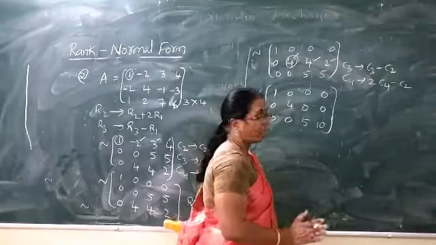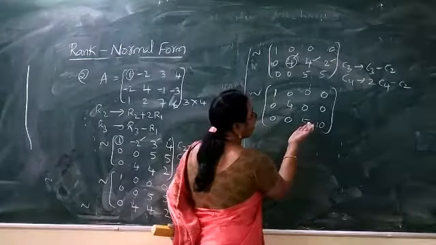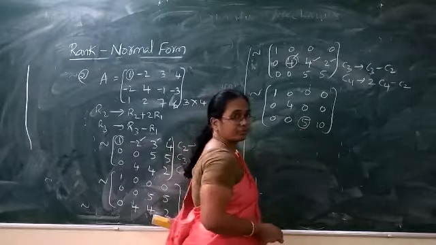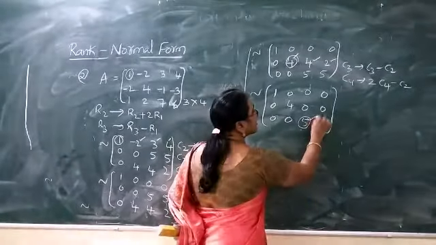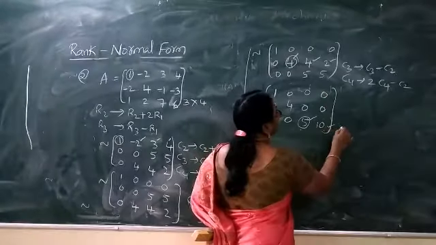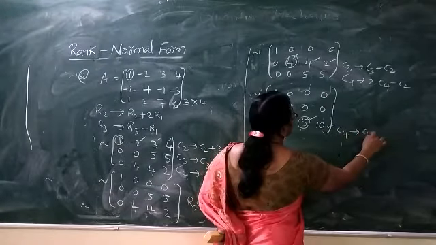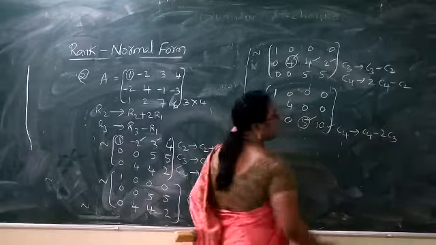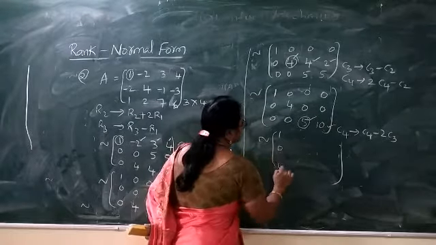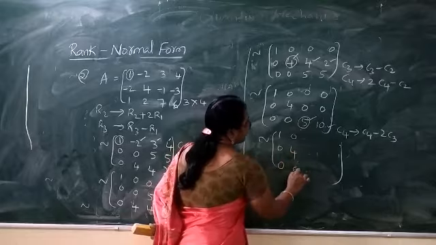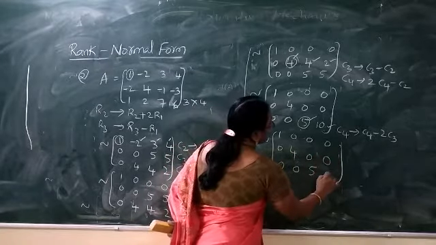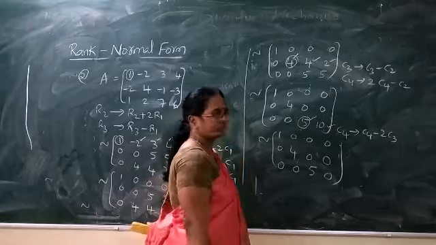So what we have to do now? No need of again taking the third pivot and making the element below 0 because there is no fourth row. So what we do? Using this third pivot, we make this 10 zero. So this belongs to C4, so C4 implies C4 minus 2C3. And this gives us the corresponding form: 1 0 0 first column, 0 4 0 second column, 0 0 5 third column, 0 0 0 the fourth column.